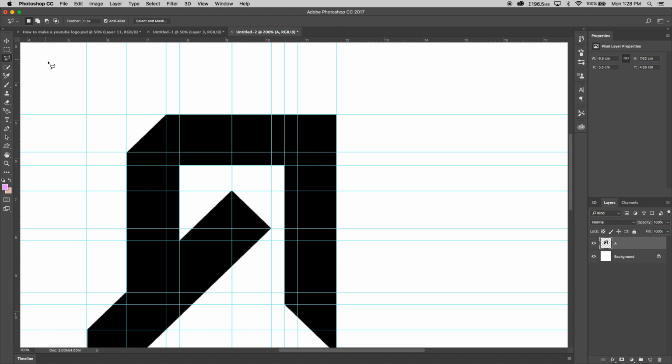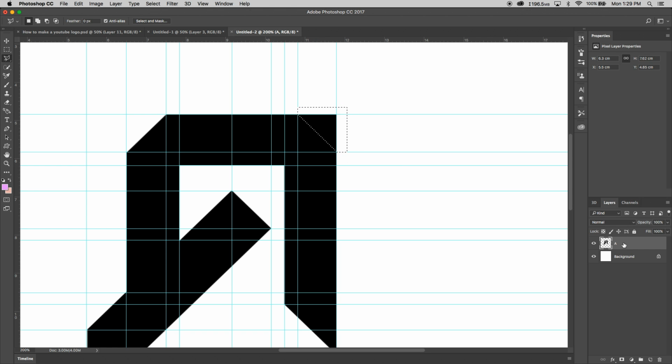Then we're going to use the polygonal lasso tool, and we're going to click this point, and this is where the rulers really help, because you just click the point and you can see if you push shift, it's moving. You can see the font's moving at a 45-degree angle just like that. So if you push shift and hold it across, the rulers have already shown that this is a 45-degree. So I'm going to go ahead and go to that point and go out just like that,